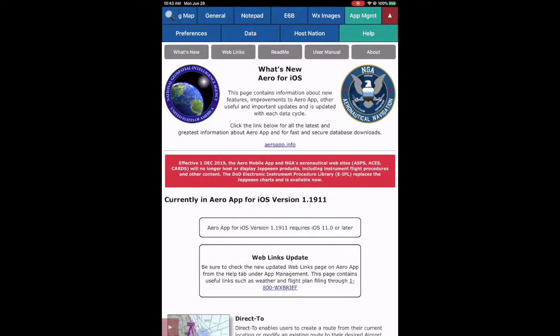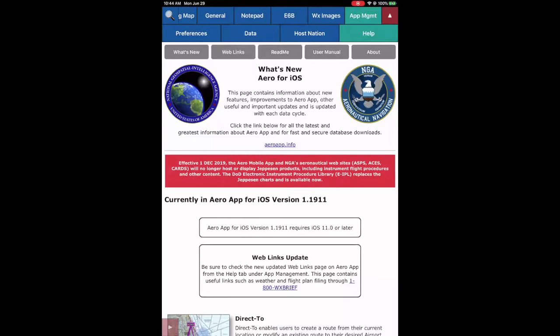First off, the term FLIP. When we talk about FLIP, it stands for the Flight Information Publications. So a lot of things that we deal with in our flying fall under the category of FLIP. Things such as our instrument approach plates, our charts, Flight Information Handbook, the IFR Supp, all of those things are